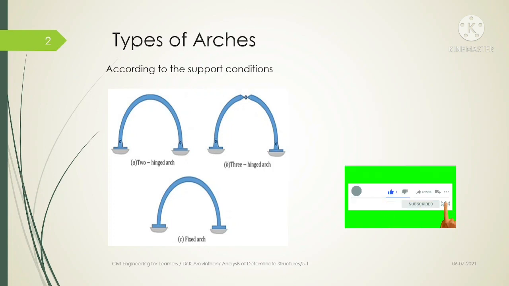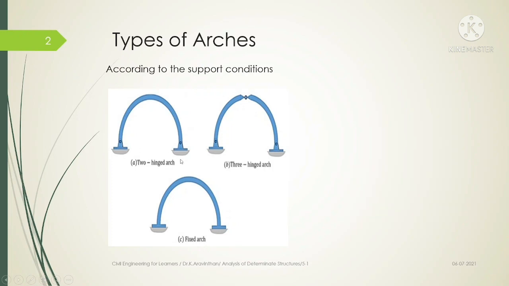Similarly, if you have an arch which is hinged at two ends, so this is a hinged end and the other arch end is also hinged. If both the ends are hinged, then it is known as a two hinged arch. And if you have two hinges, and additionally another hinge at the crown, so this component is known as the crown, and this is a mechanical hinge which is purposely introduced in order to reduce the reaction of the structure, then it is known as a three hinged arch.